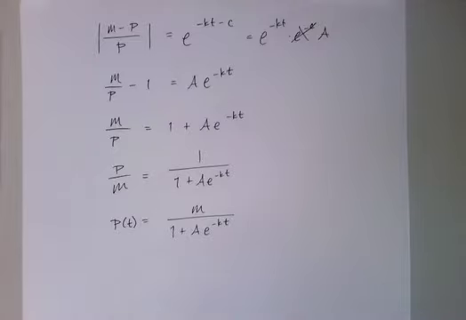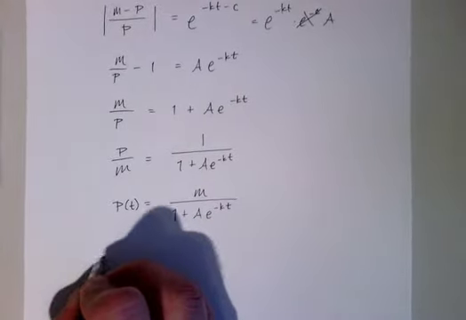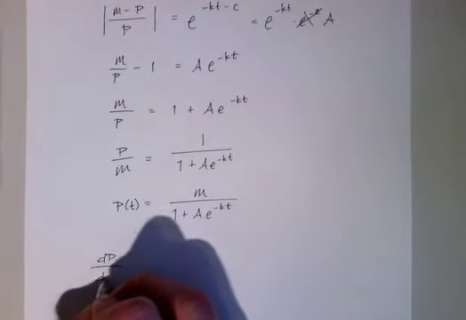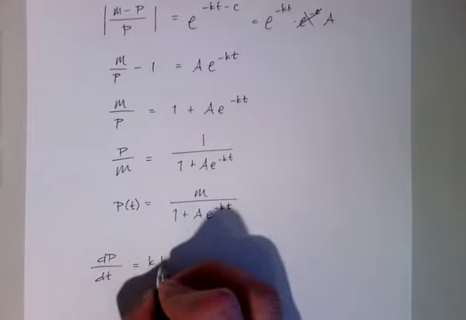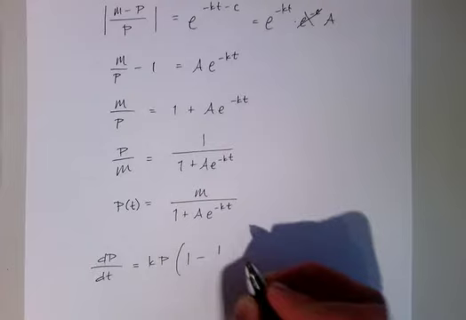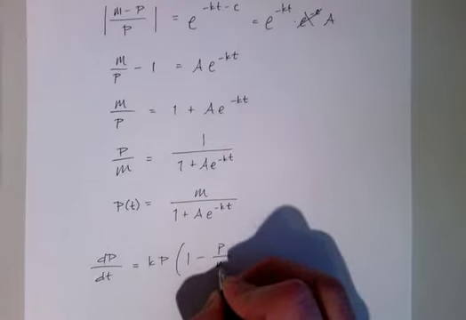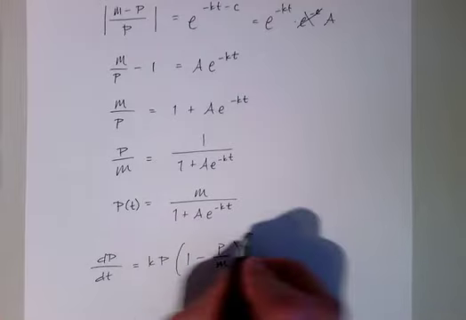So here's the thing. I've shown you how to actually find that if you were so inclined. Now you're a better person for having seen it, and you don't really have to ever do it again. You just have to memorize the fact that when you are given dp/dt is equal to kp times (1 minus p over m), when you're given this,